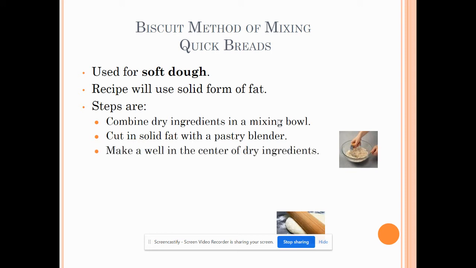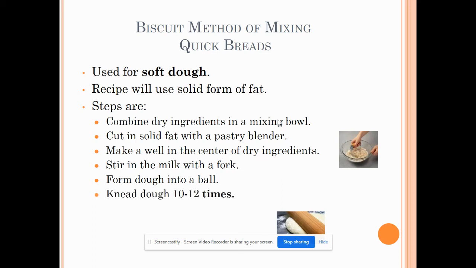From there, you will also make a well in the center of your dry ingredients and stir in your milk with a fork. Your fork is going to allow you to toss your dry ingredients into the liquid ingredients until a dough ball is formed. This is also going to prevent you from overmixing. Once the dough ball is formed, you will then knead your dough 10 to 12 times or whatever the recipe